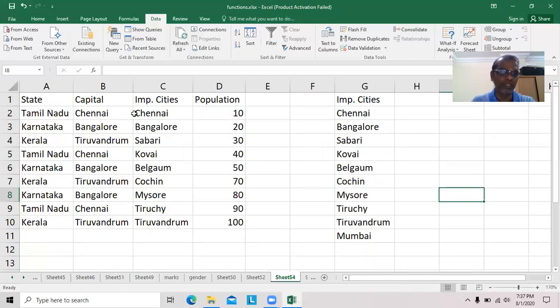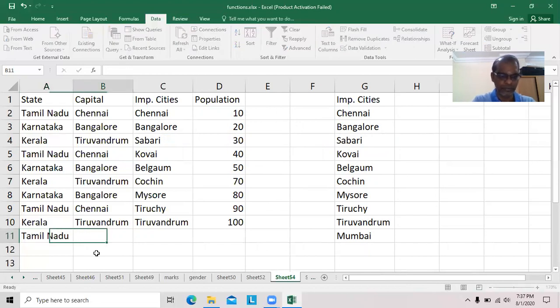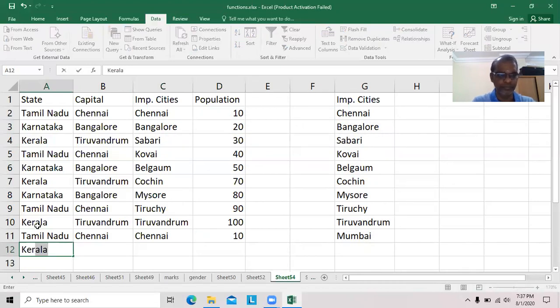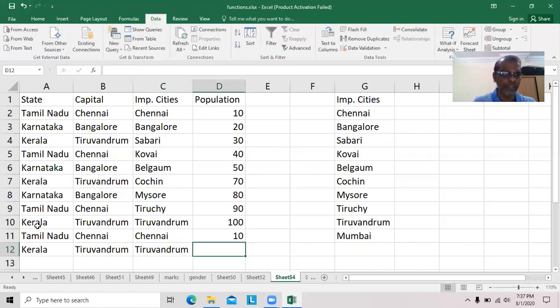What about this? Similarly, I typed here Chennai, it should be 10. It should be 100.